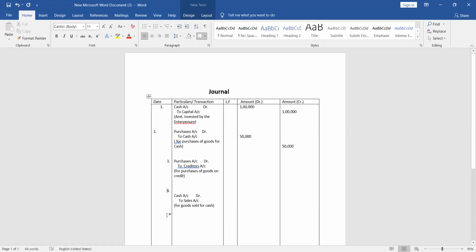The next entry can be goods sold on credit. The entry will become debtor. If you sell the goods, they become your debtors. So debtor account, debit the receiver. They have to pay to the business. So debtor has become the asset of the business and assets are always debited. So debtor account debit